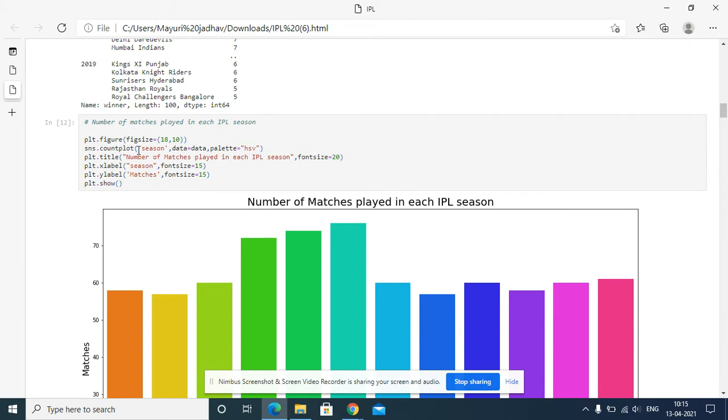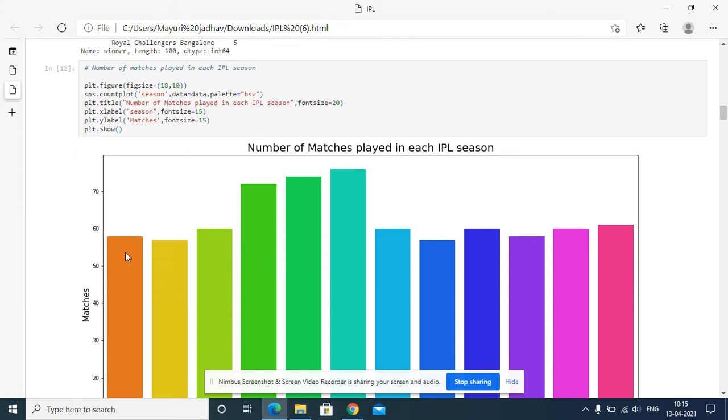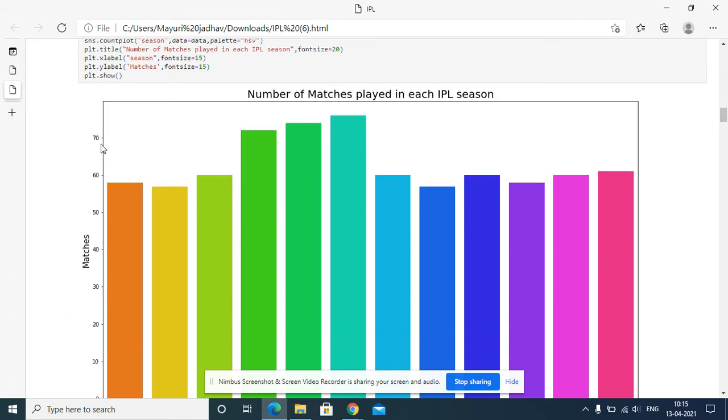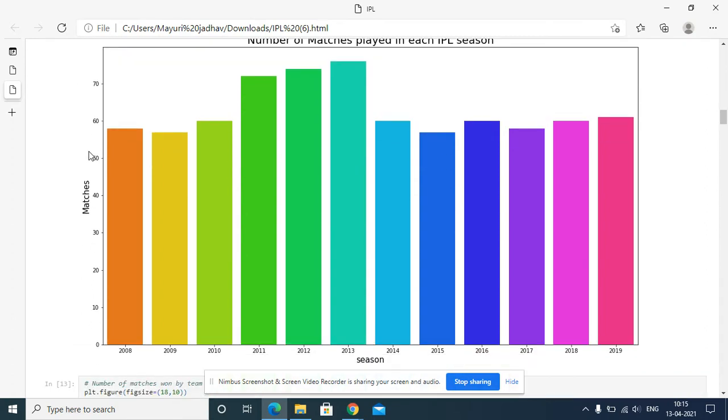Countplot is used if you want a histogram, that's why I'm using this command, and palette gives each bar a different color. plt.title gives the title of your chart, along with the x label and y label, then plt.show. From this graph, you conclude that the highest number of matches played in an IPL season was in 2011, 2012 and 2013.